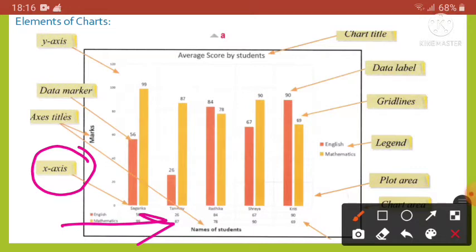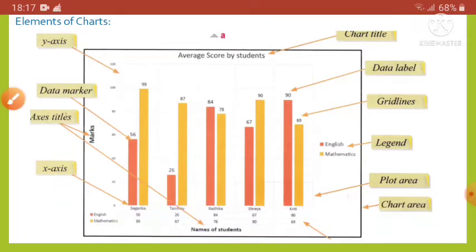Okay, an axis is used to display units of measure and provides a frame of reference for the data displayed in the chart. So here you can see the units of measure. Normally, categories or headings taken from the worksheets are displayed on the x axis. Bubble charts, radar charts, and pie charts do not use axes.